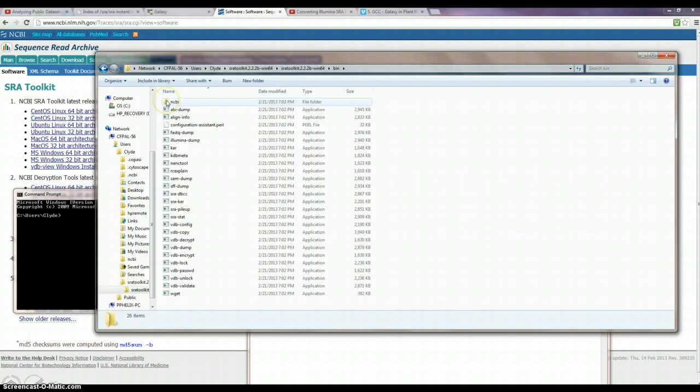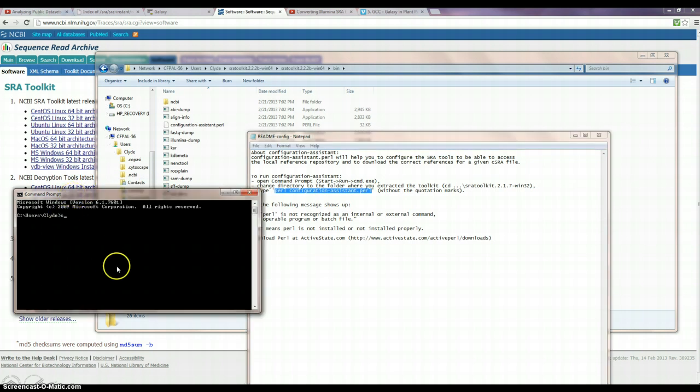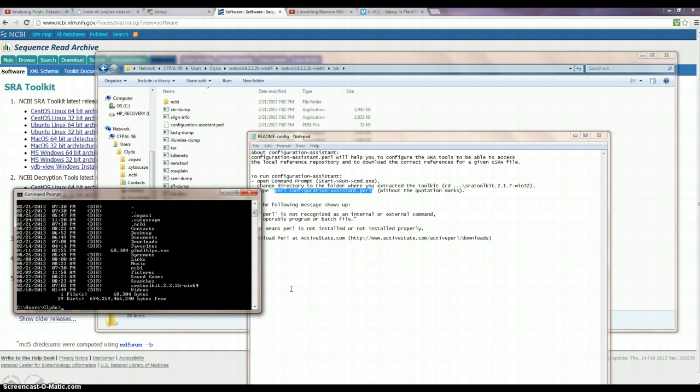and so what I need to do is to get into this folder here, bin, where this configuration assistant is, because I need to type in this here once I get there. So this is when I'm glad I remember DOS, and you can see it's right over in here as well, the old CD, change directory. You can do a dir to see what's in the directory, so I need to change the directory to the SRA toolkit, so CD. You don't necessarily have to put the backslash on in there. SRA toolkit